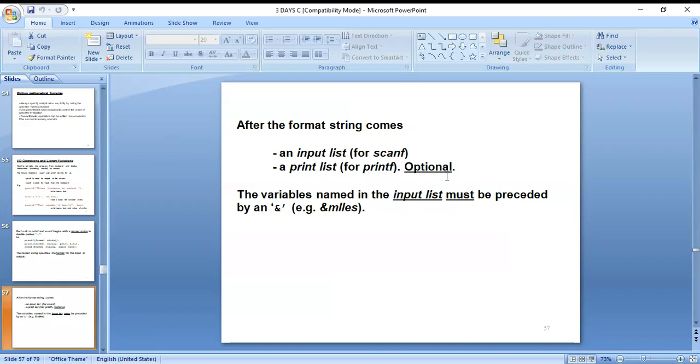Next, you can see the variable named in the input list must be preceded by an ampersand symbol.